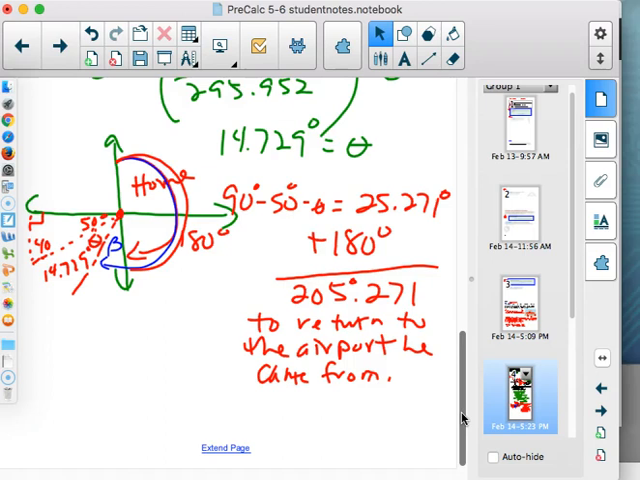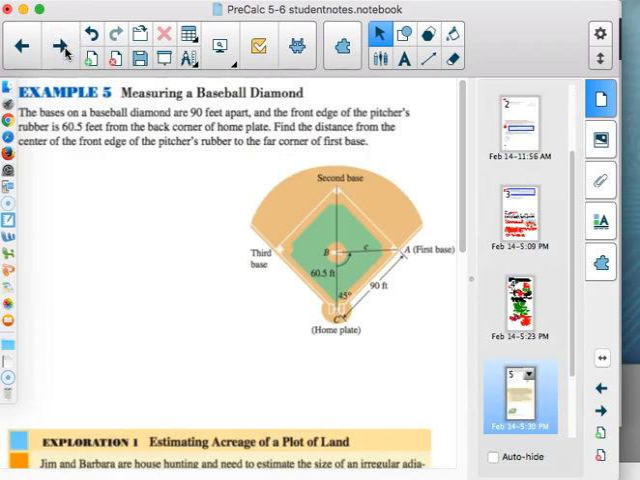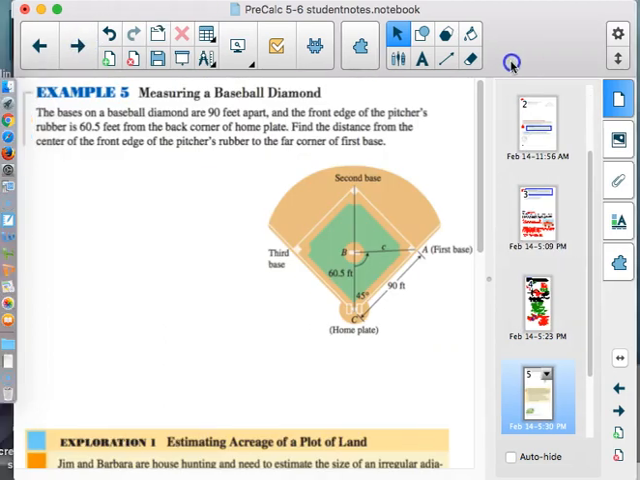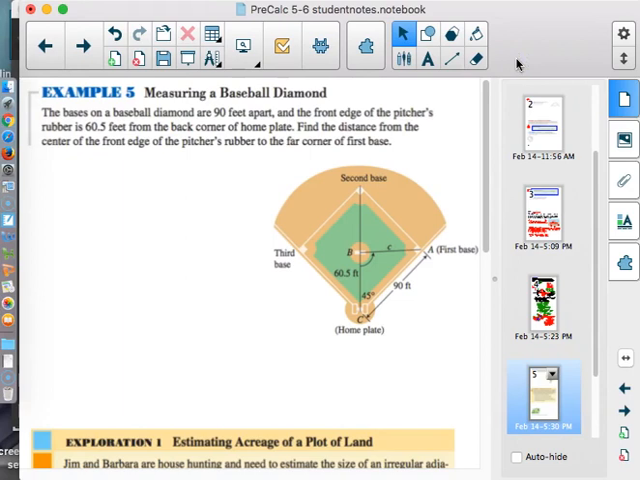The next one, not quite as complicated, which I'm sure you'll appreciate because that was a lot to go through. So example 5, it says measuring a baseball diamond. The bases on a baseball diamond are 90 feet apart. We can see that in the drawing here that they've given us that nice little 90 feet apart. And the front edge of the pitcher's rubber is 60.5 feet from the back corner of home plate. That has also been given to us there. And find the distance from the center of the front edge of the pitcher's rubber to the far corner of